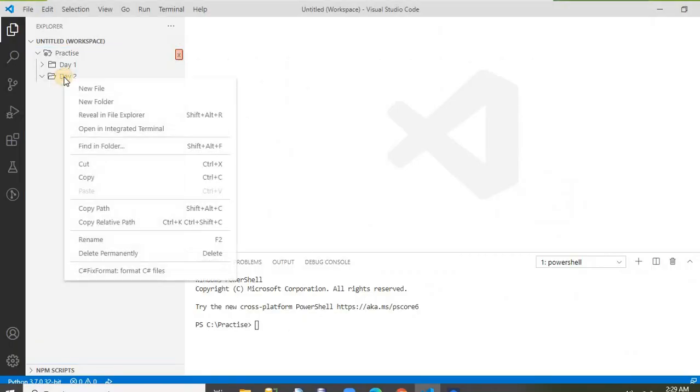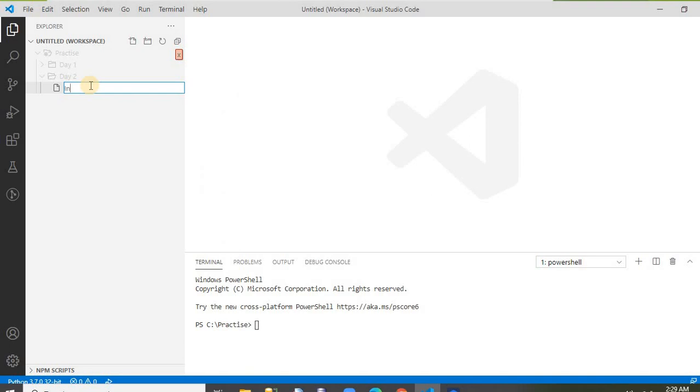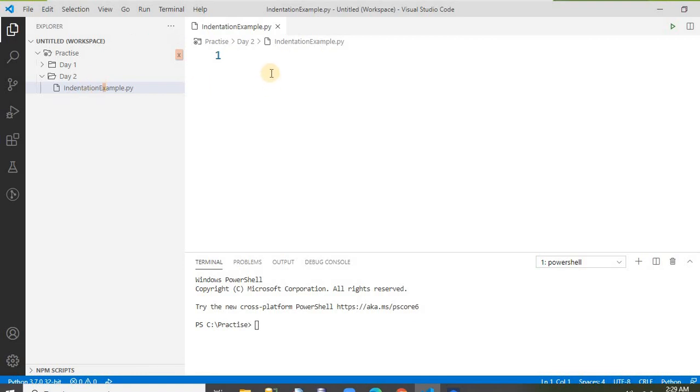First thing, let's create one file like indentation example.py. In other languages like C Sharp, Java or others, indentation is used for readability in the code. But here the concept is different. In Python, indentation is used for a code block.